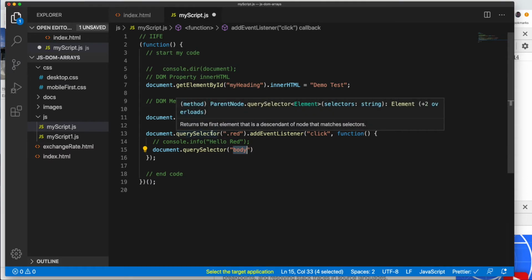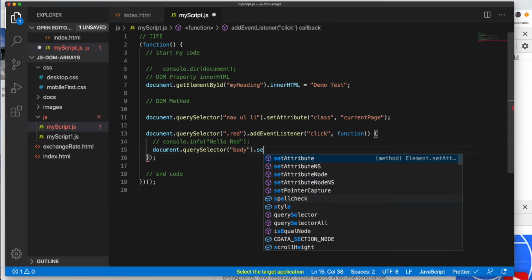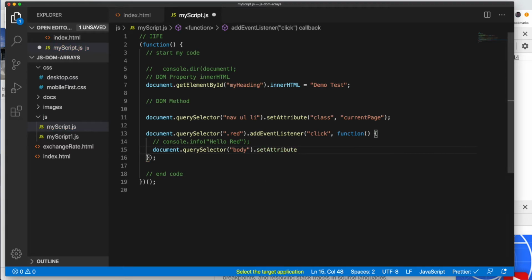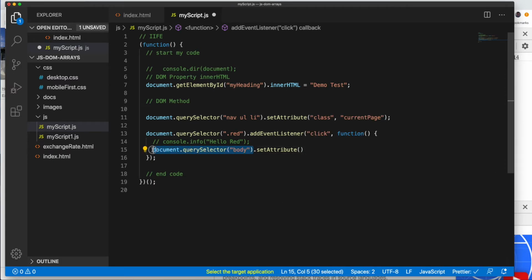What query selectors will do is look for the first match for that CSS selector. So in both these instances that works out quite nicely for us. We'll target the body element and then use the set attribute method that we saw in the previous movie. You can use this to set any attribute with a particular value. You can assign it to the target, to what you've found in the DOM. So we found that body tag and we are going to set the class value of it